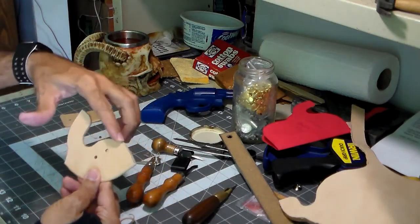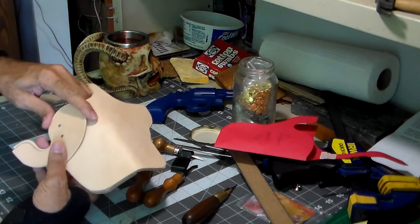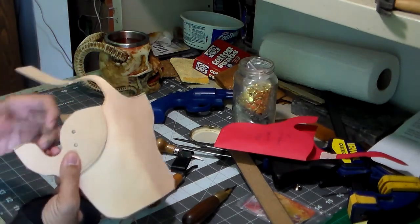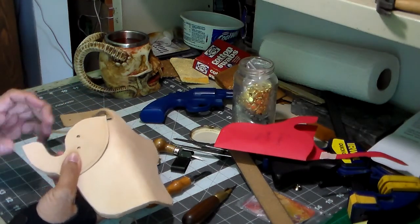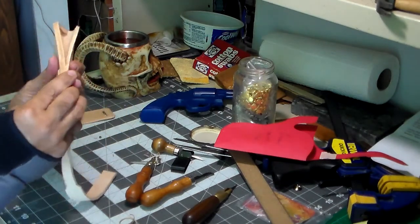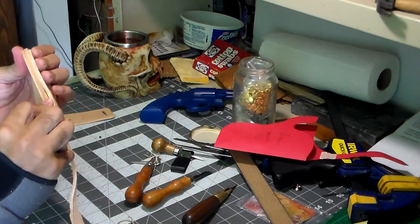This edge and this edge, they're both going to get beveled after this is glued and sanded. Then I'm going to go ahead and do this inside edge, and this edge here. Then when this gets all glued together and dyed and all that other fun stuff,